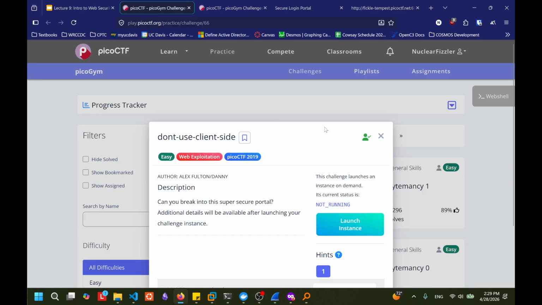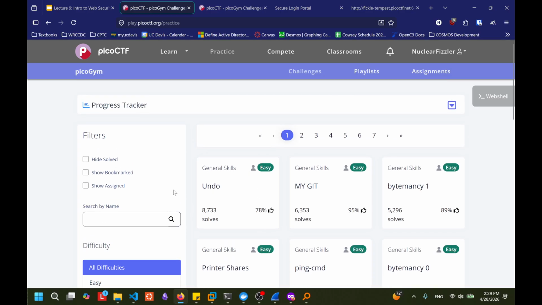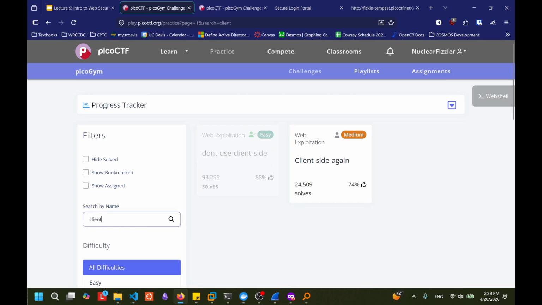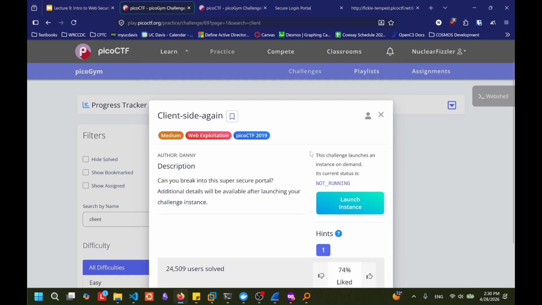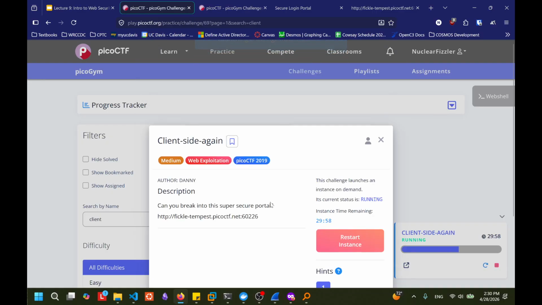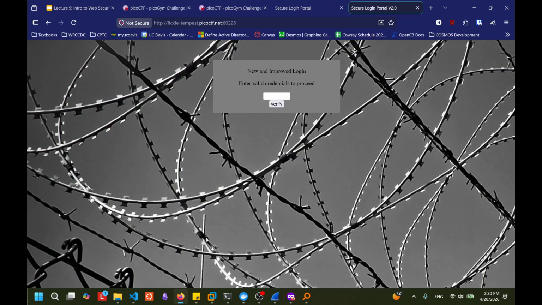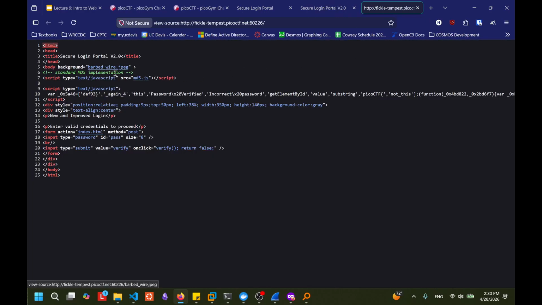Even in the harder example, there's another client-side challenge that I'm not going to try and solve entirely, but it's the same principles. The main one, new and improved login, was using verify JavaScript.